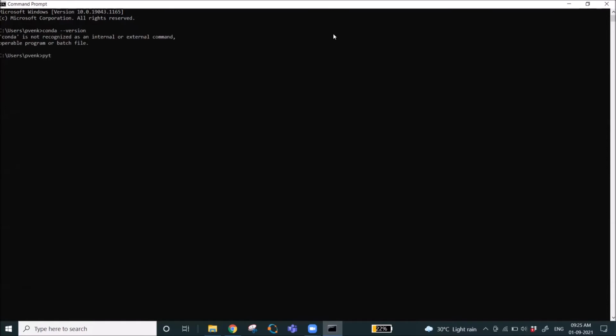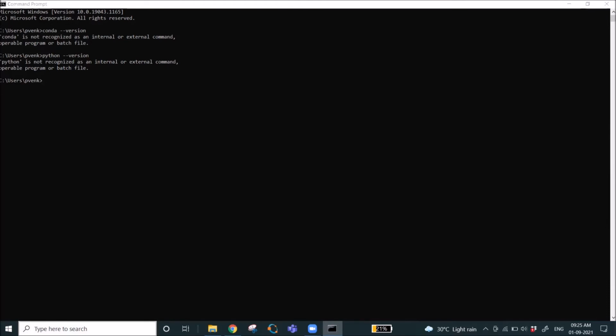We will check Python because Python comes along with Anaconda. There is no need to do the installation again. We will check, is there any Python available? No. Sometimes you may find a version of Python available. That means you have already installed Python. And sometimes some applications like KiCad come with the Python 2 version. So when you check the Python version, this will indicate whether any Python software is available or not. As of now, in my system, there is no Python added. Even though Anaconda is installed, as of now, it is not brought into utility.